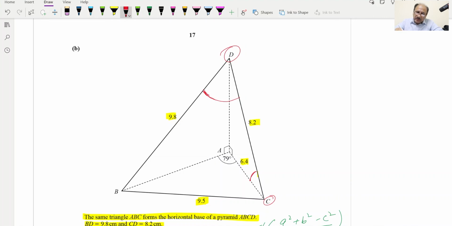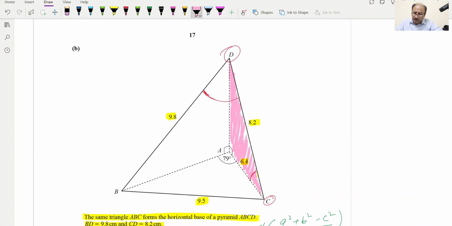So this is the right angle we will be considering. Basically we will be considering this triangle, and in this triangle we will be taking